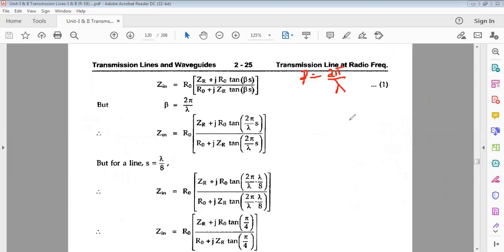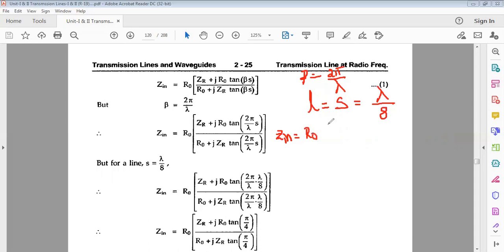L is equal to lambda by 8. Given that the length S is equal to lambda by 8, an eighth wavelength, we can substitute in beta is equal to 2 pi by lambda, where S is equal to lambda by 8. So Zin is equal to